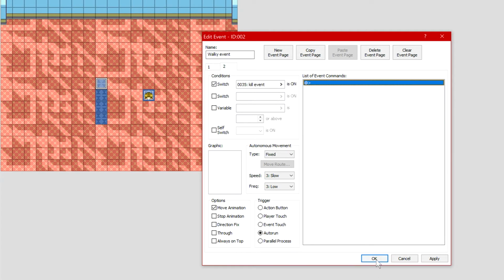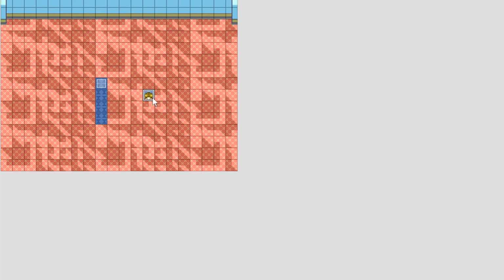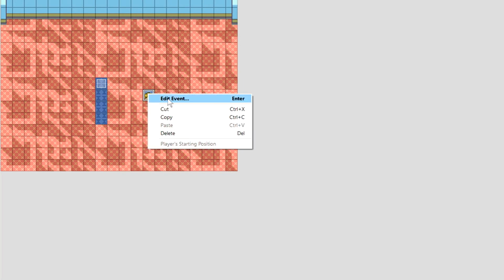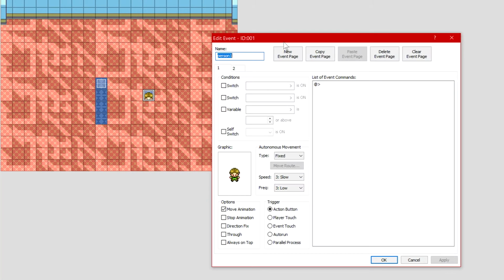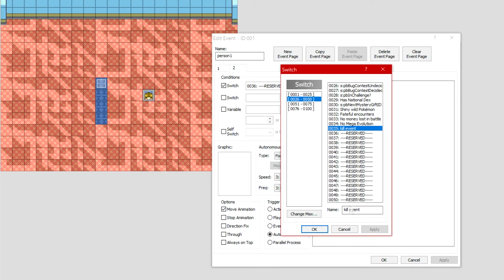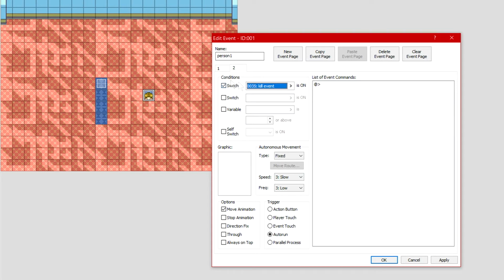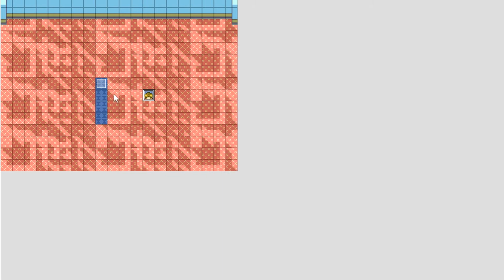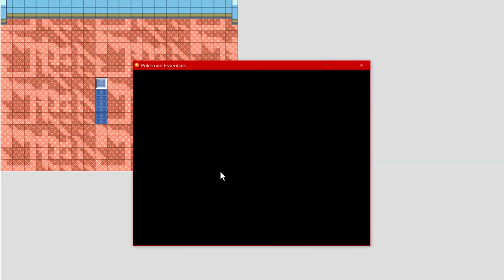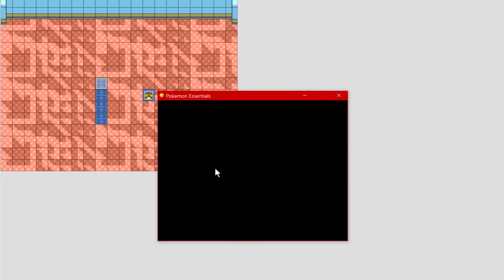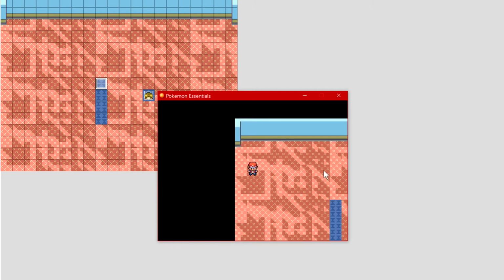this will kill event. So now that that's done, what you want to do is go to this NPC, right click, edit event, and on page 2, where he disappears, all that sort of thing, auto run, when kill event is on the condition switch, kill event is on, he will auto run and it will do nothing, it will just disappear. Okay, so essentially, if we save and play now,